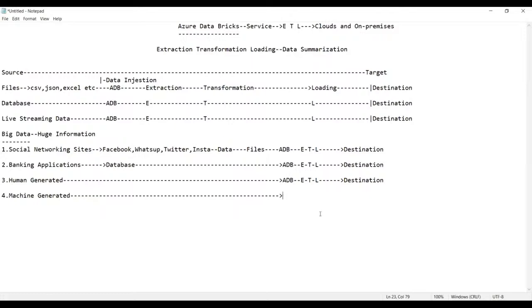It can be in the form of live streaming, databases, or files. Live streaming is a process where you get the live data. Then ADB, again the same process, ETL, and ultimately from here the data will be sent to the destination.